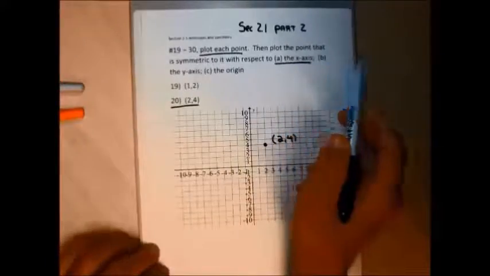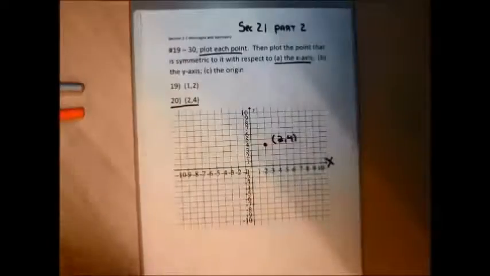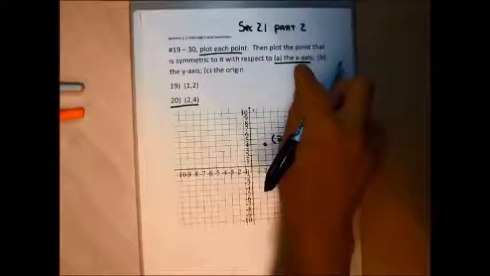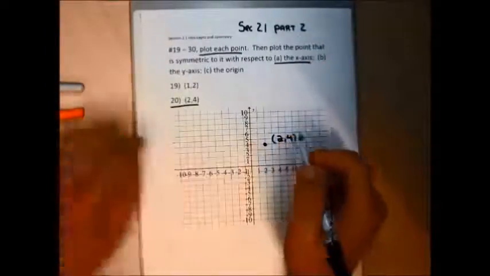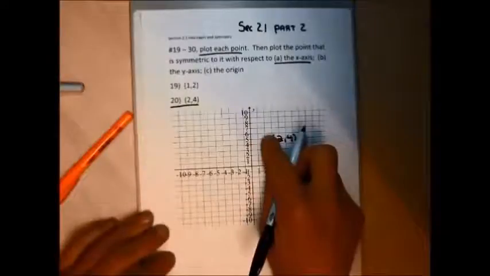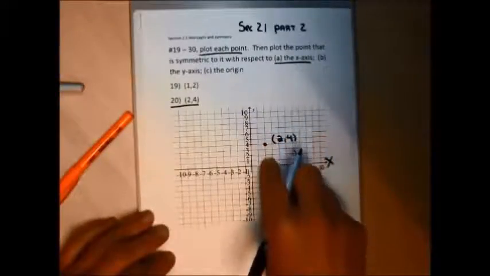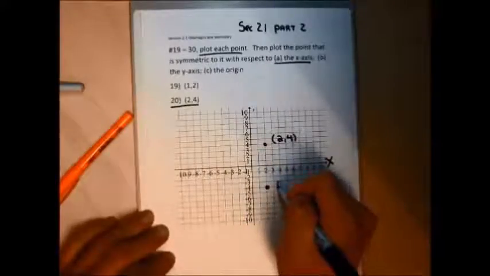So this next group of problems is on symmetry. And every point has a kind of mirrored point that has a certain kind of symmetry. I want to plot the point that is kind of its mirrored image across the x-axis. And for the point (2, 4), the point that is its mirrored image across the x-axis is the point that is exactly the same distance from the x-axis with the x-coordinate of 2. This point right here, the point (2, -4),